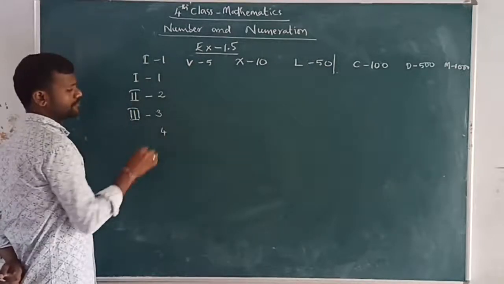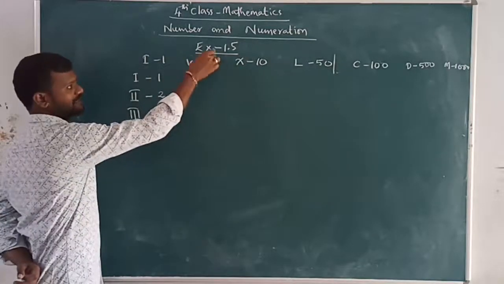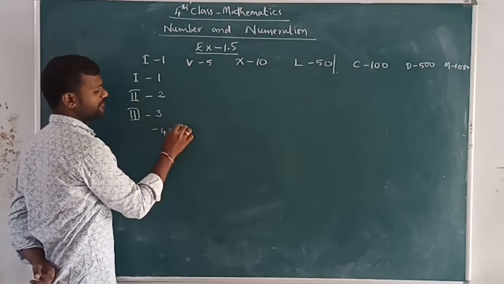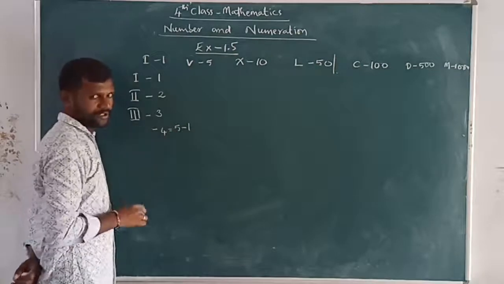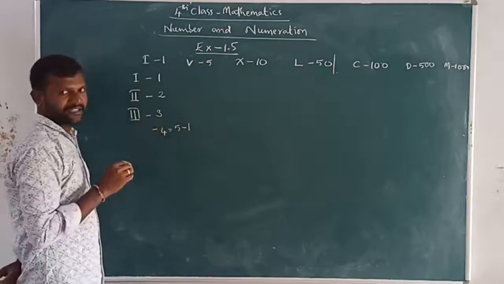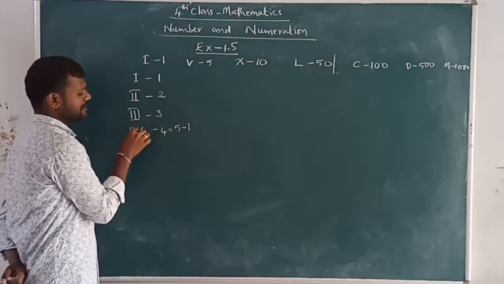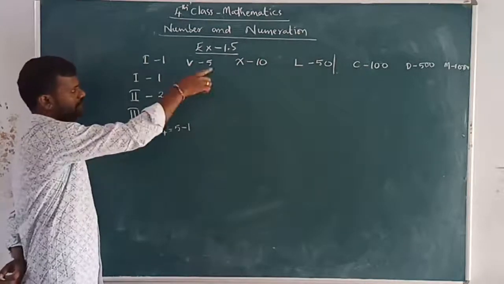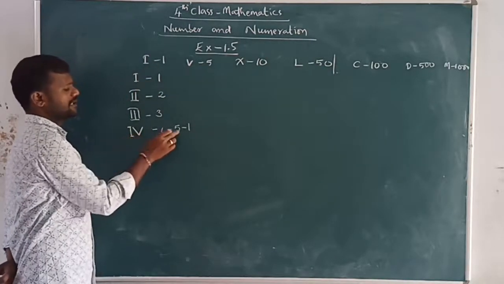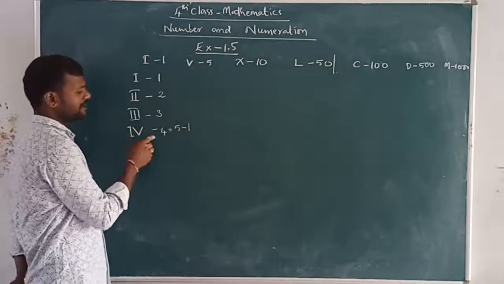Next I want to write 4. So in these symbols, which is closer to 4? 5 is closer. So that's why we have to write 4 by using 5. So 5 minus 1 is equal to how much? 4. So we have to subtract 1 from 5. When we use the subtraction symbol, it means a smaller number is first and a bigger number is second. V is 5 and I is 1. So when the smaller number is in front of a bigger number, its meaning is subtraction. So 4 can be written like this.